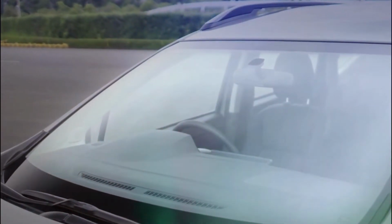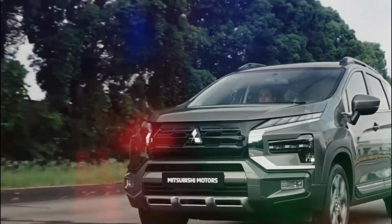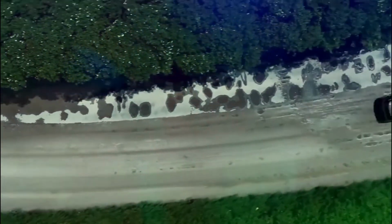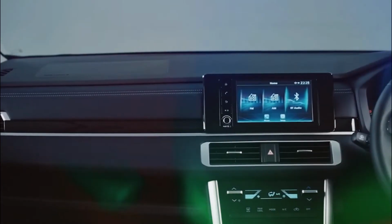However, do not see it with higher ground clearance and rugged styling and expect it to also come as an all-wheel drive car. Mitsubishi has never offered an all-wheel drive Xpander. Some things will most likely be common with the current model of the Mitsubishi Xpander, but it is not yet